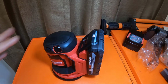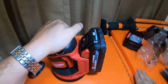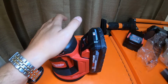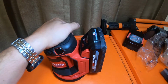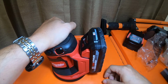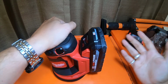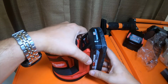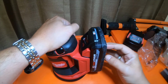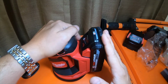One thing that frustrates me is that when you return or exchange a tool at Home Depot, most places, when you take an item back and exchange it, you get a receipt stating it was exchanged. And what irritates me about Home Depot, I very rarely exchange or replace a bad item from Home Depot, and something that irritates the crap out of me is I grabbed this, I brought mine